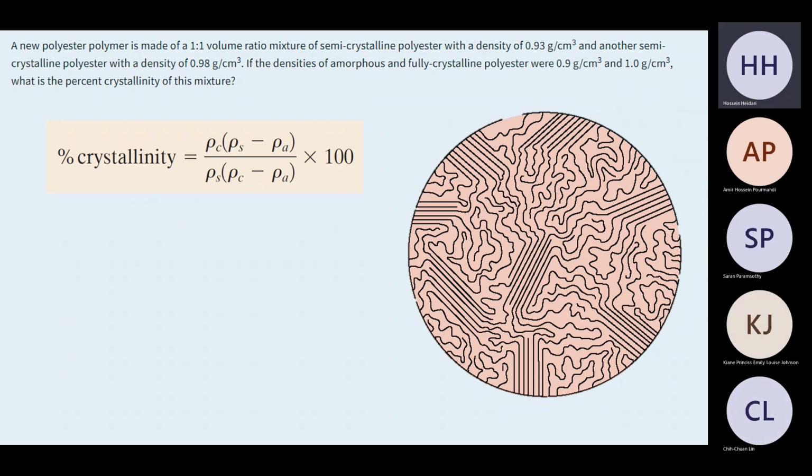So this is unknown, but let's say I'm telling you the rho sub S, which is the density of this semi-crystalline material, is actually equal to rho sub A. So the material is fully amorphous. If you substitute that there, what will that give you? Zero, right? So it actually works. It tells us the percent crystallinity is zero if it's fully amorphous. What if I put rho sub C, which is fully crystalline, in the equation? If I substitute it there, what does it give me?